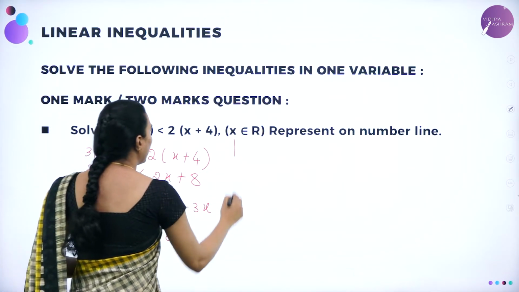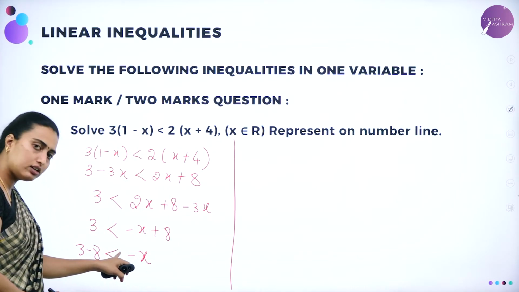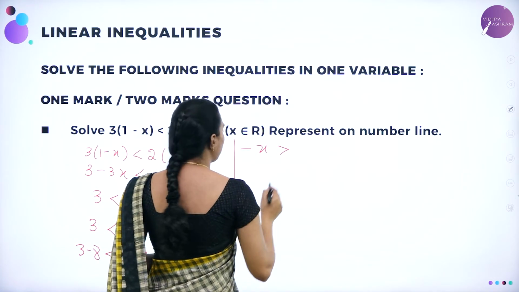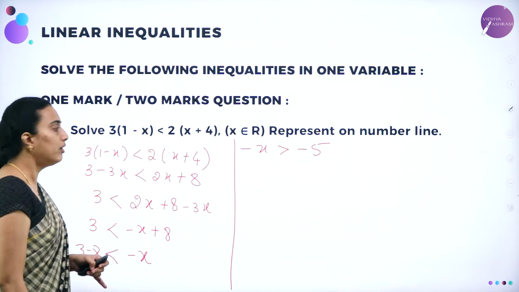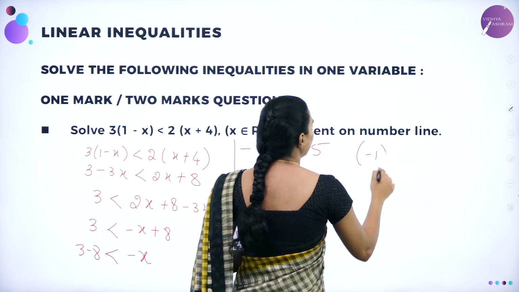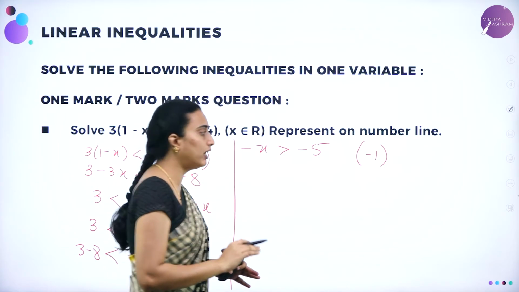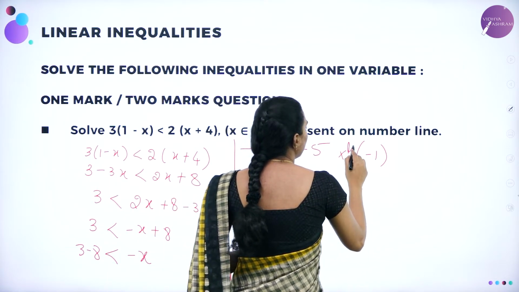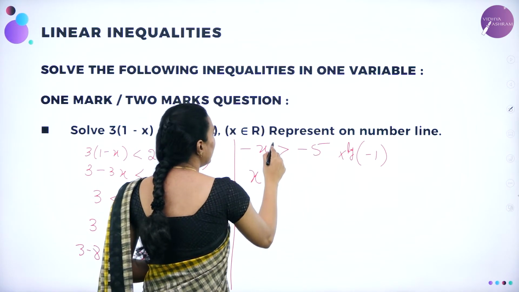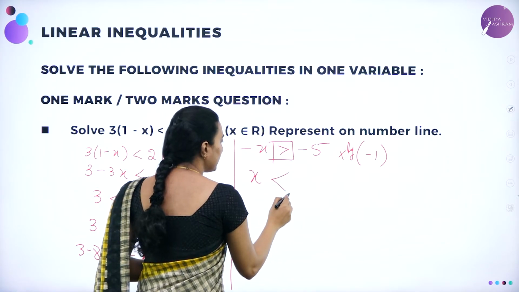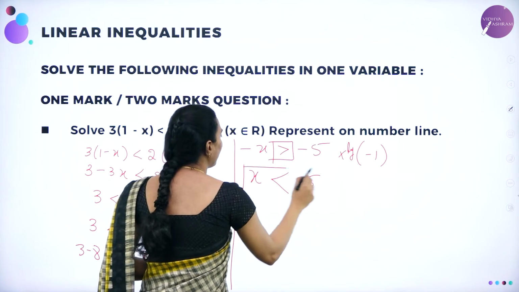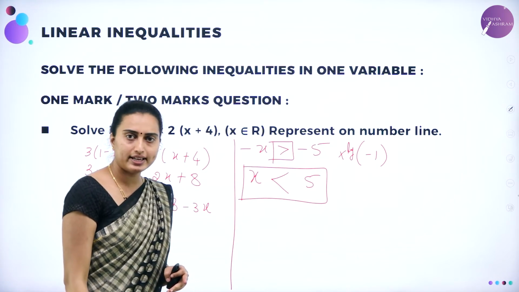Now you are going to get the answer as minus x is greater than. Observe dear student, this is a greater symbol, so I am writing like this. Minus x is greater than 3 minus 8, which is nothing but minus 5. Now I do not want the negative symbol here, so I am going to multiply throughout by negative. Don't just cancel the negatives, dears. No, multiplying throughout by negative, negative into negative will become positive. Now the greater than symbol will change to lesser than. Minus 5 into minus 1 is nothing but plus 5. This is how we solve the question, and this is your answer: x is lesser than 5.